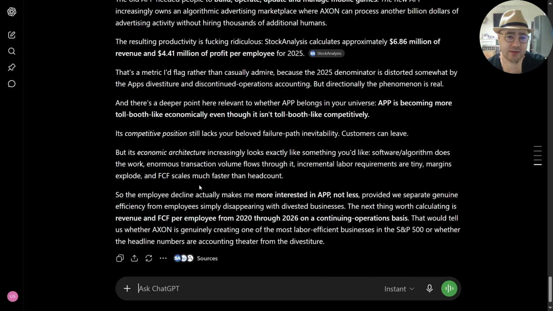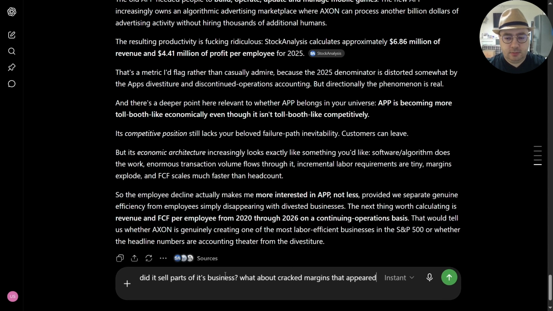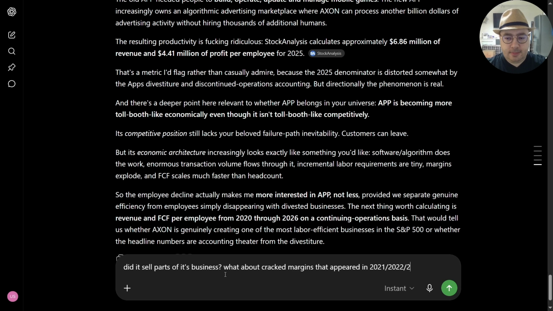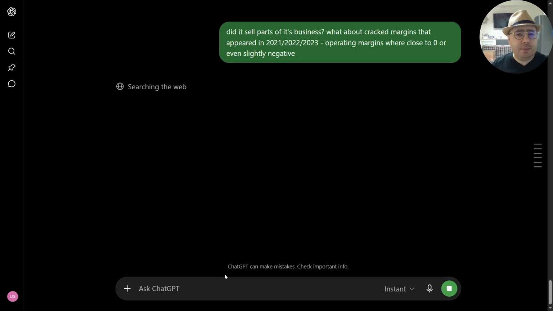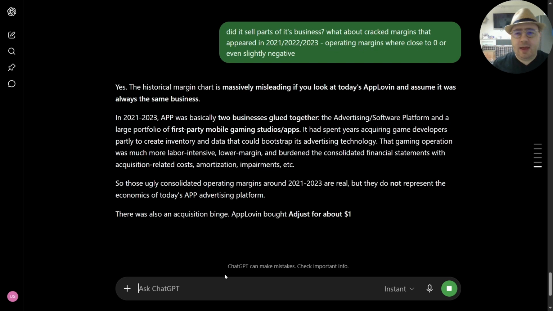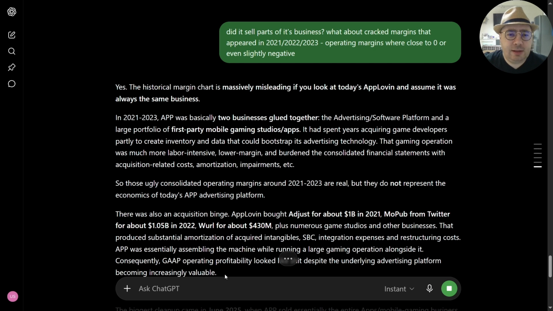But I'm still not satisfied with this answer. Let's just ask: did it sell part of its businesses, or because? What about the margins? Maybe they acquired some company before, like in 2020, and then they had this operating margin where it was even slightly negative. So yes, the historical margin chart is massively misleading. Okay,